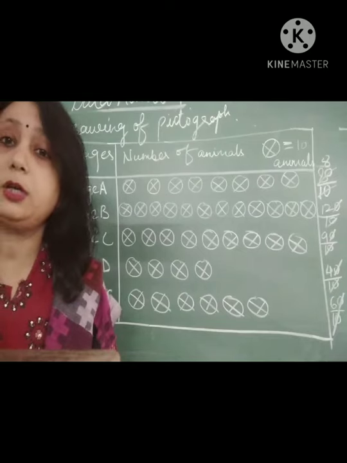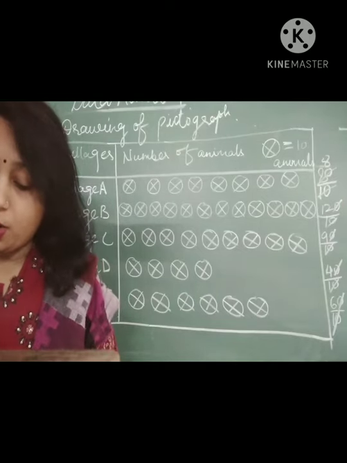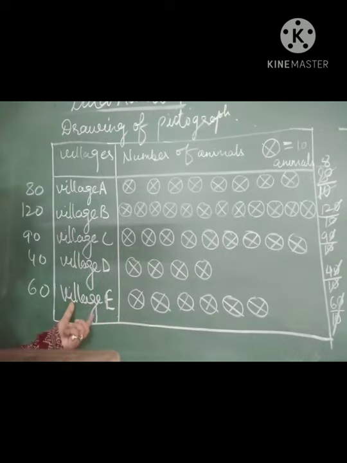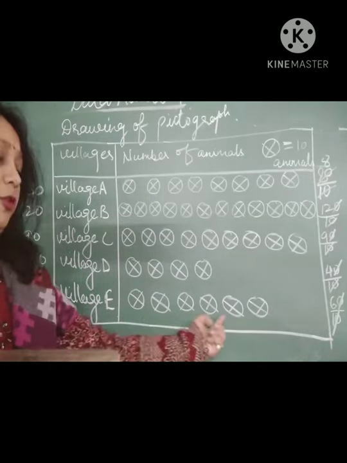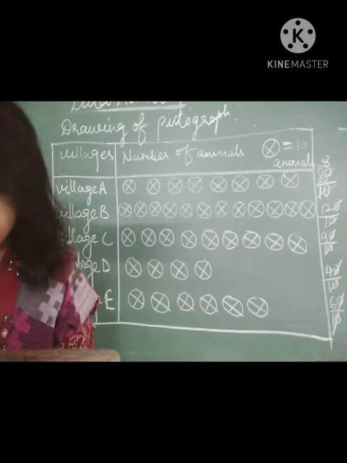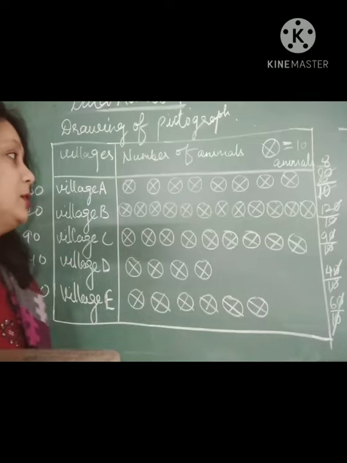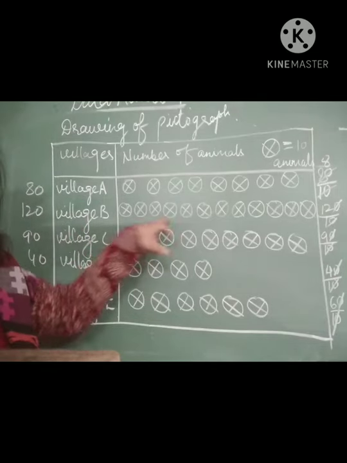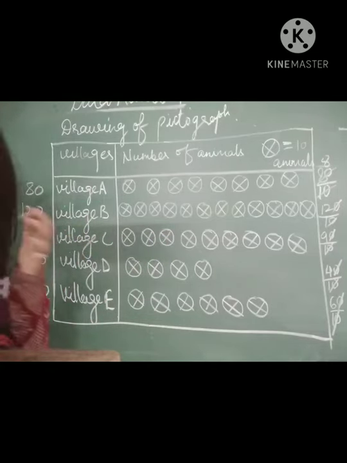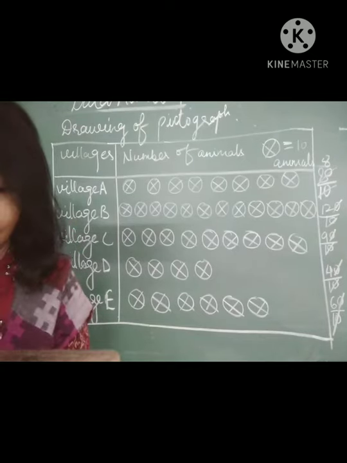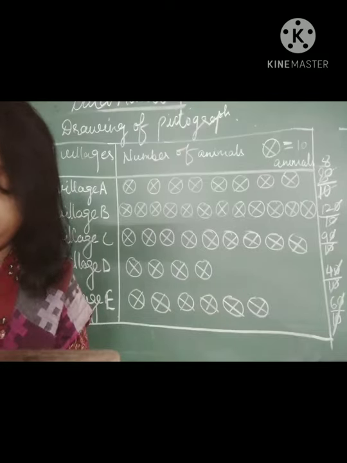Okay, now we have to answer these questions. How many symbols represent the animals of village E? 1, 2, 3, 4, 5, 6. 6 symbols represent the animals of village E. Which village has the maximum number of animals? We can see that village B has the maximum number of animals, 120. Which village has more animals, either village A or